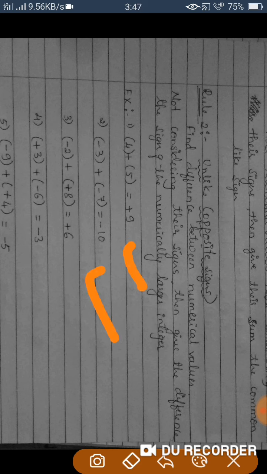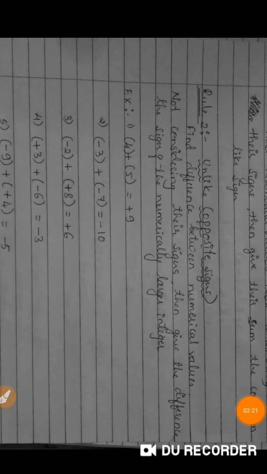So once again I'll recall for you that in the addition of two integers when both signs are the same, we add the numerals and keep the common sign. If both have a positive sign, keep the positive for the numeral addition you have done. And if both are negative integers, add the numerals, then keep the minus sign.